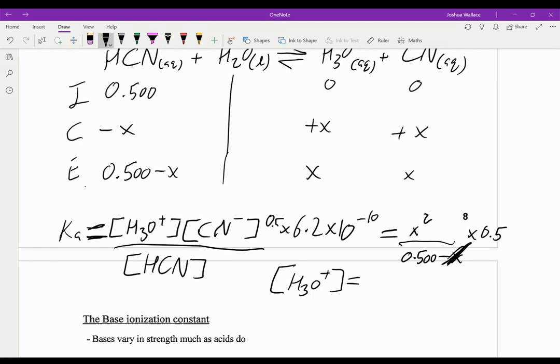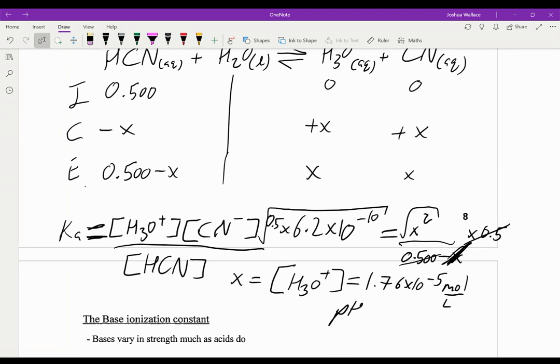So H3O plus is equal to, what would happen is we'd multiply this side by 0.5, multiply this side by 0.5, and this crosses off, that crosses off, and then we have to take the square root of this as well. So my x value, which is my H3O plus, is equal to 1.76 times 10 to the negative 5 moles per liter, and my pH is going to be negative log of that. It gives me a pH of